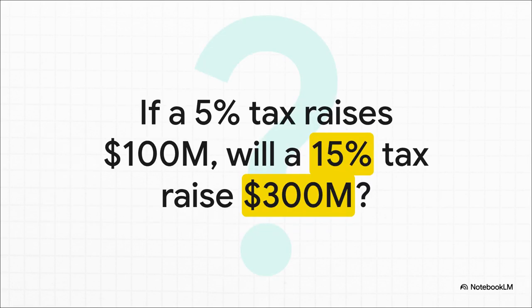So I'll leave you with this final thought. A state is collecting $100 million from a 5% sales tax. A politician says, let's triple it to 15% and we'll get $300 million. Well, now you know why the answer isn't a simple yes. It's way more complicated. The next time you hear someone propose a simple tax hike to fix a problem, you'll understand the invisible cost, the deadweight loss, and why the answer is never, ever that simple.